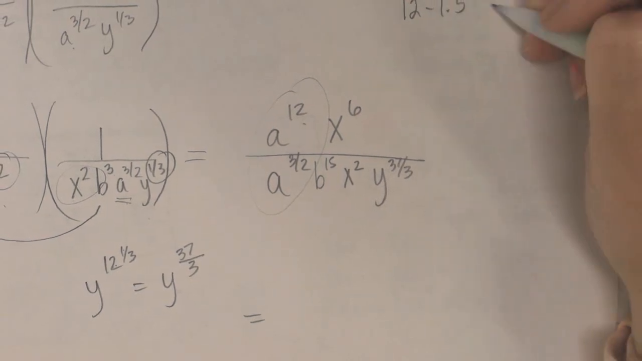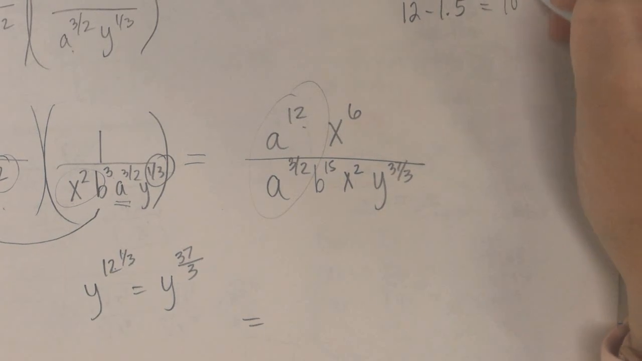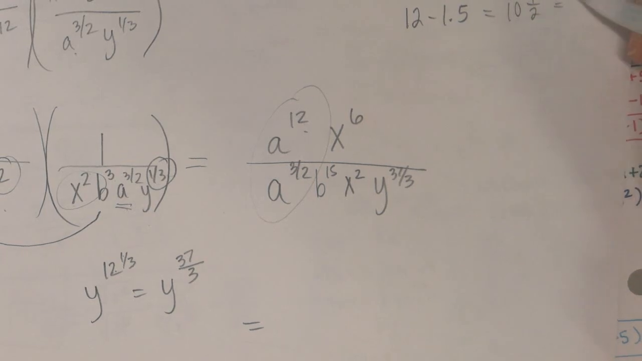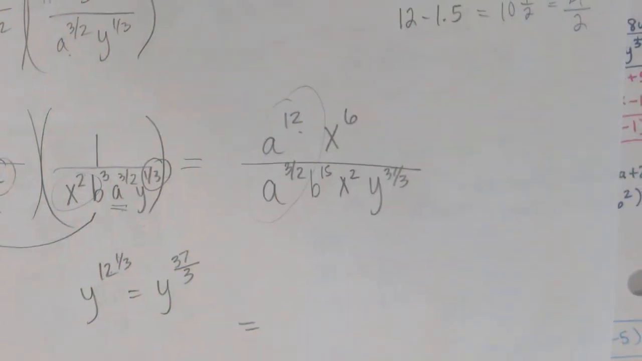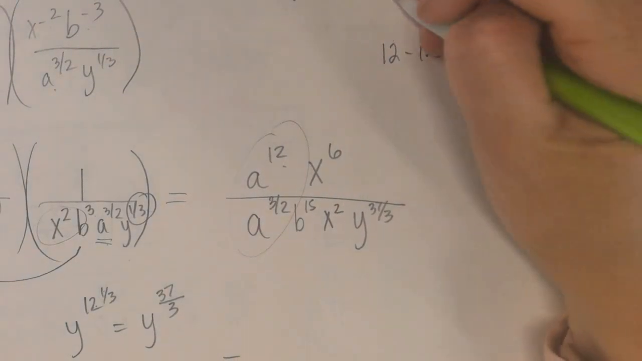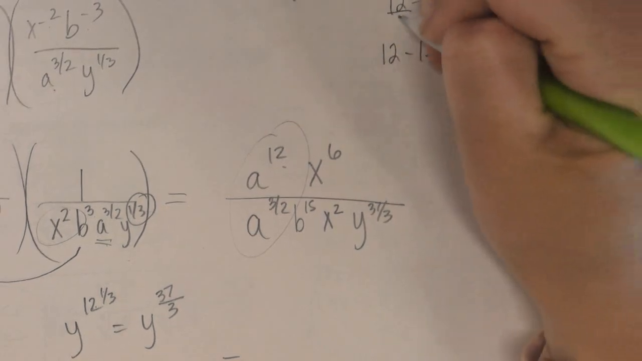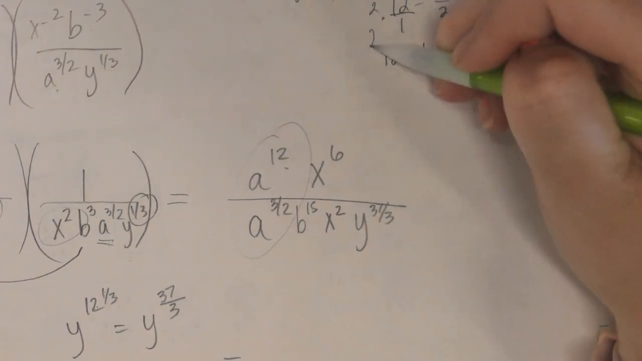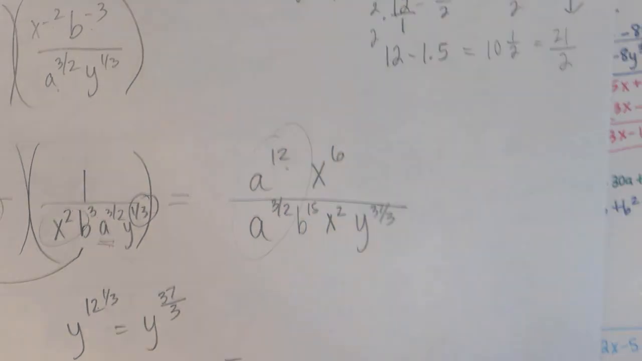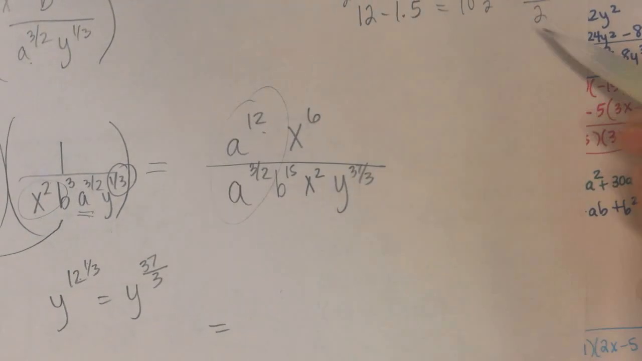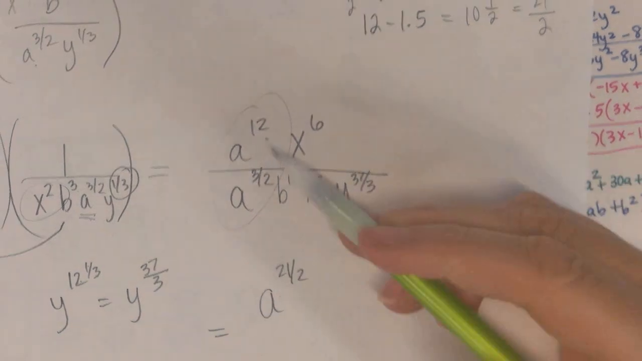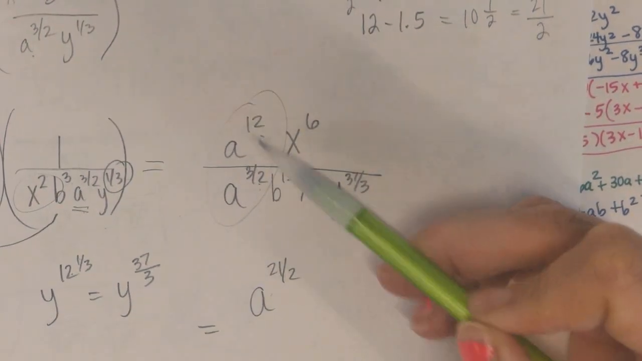1.5. 12 minus 1.5 is what? 10.5, right? So if I make that into a mixed number, it's just 21 over 2. Is that okay? Now if you want, you can do 12 minus 3 over 2, get the common denominator. This would just be times 2 times 2. 24 minus 3 over 2, 21 over 2. Okay? So it's positive, so where does that go? On the top. And you can tell because 12 is bigger than 3 over 2, so it's going to stay